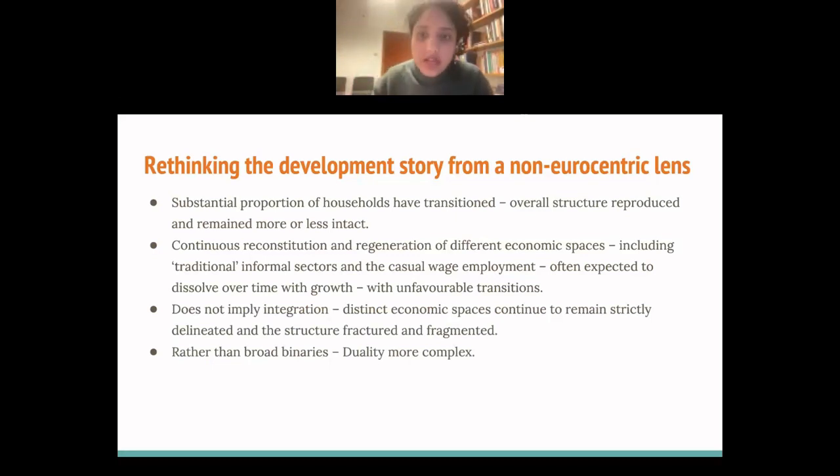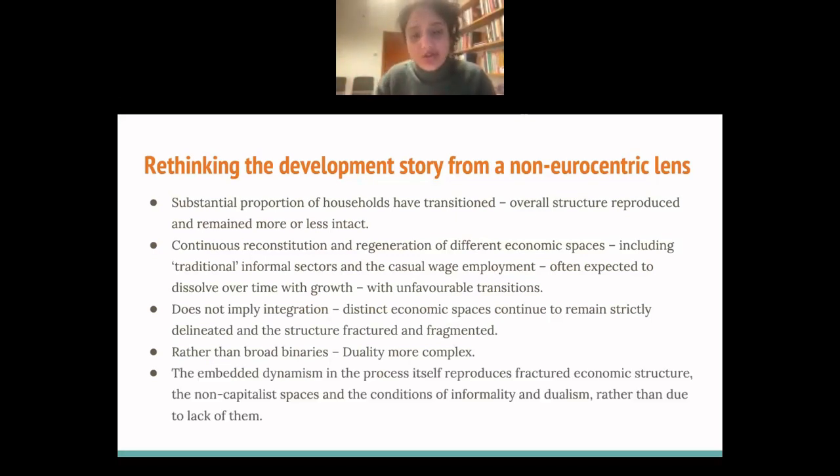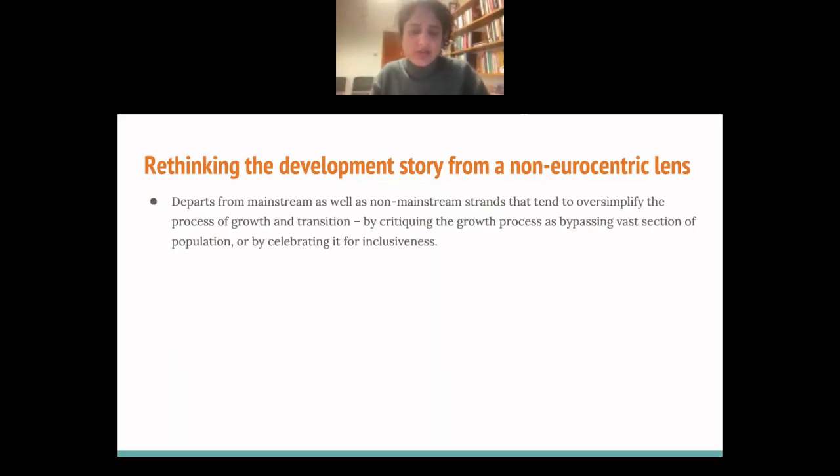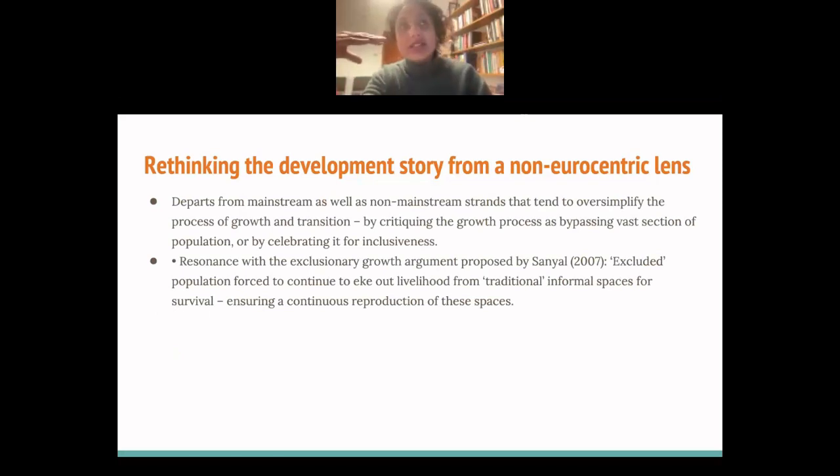And their reproduction has happened with a lot of these unfavorable transitions. So it is this embedded dynamism in the process that is continuously reproducing a fractured structure, the non-capitalist spaces and the conditions of informality, rather than any lack of growth. So it's not for lack of growth. In some sense, the study is departing from both mainstream and non-mainstream strands, which say that the growth process is either inclusionary or exclusionary. But rather, we do find some resonance with the framework we were talking about,